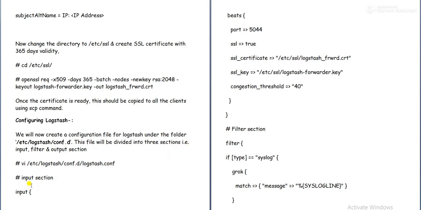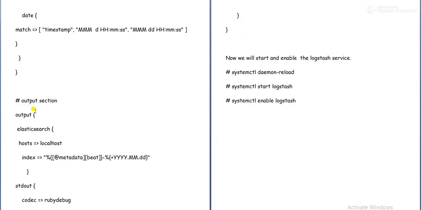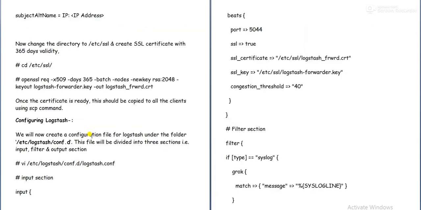Then we need to paste all the contents. There will be three sections: the input section, the filter section, then the output section. We can create three different files, or else we can paste all the sections in one file. In my case, I am pasting everything in one file only.